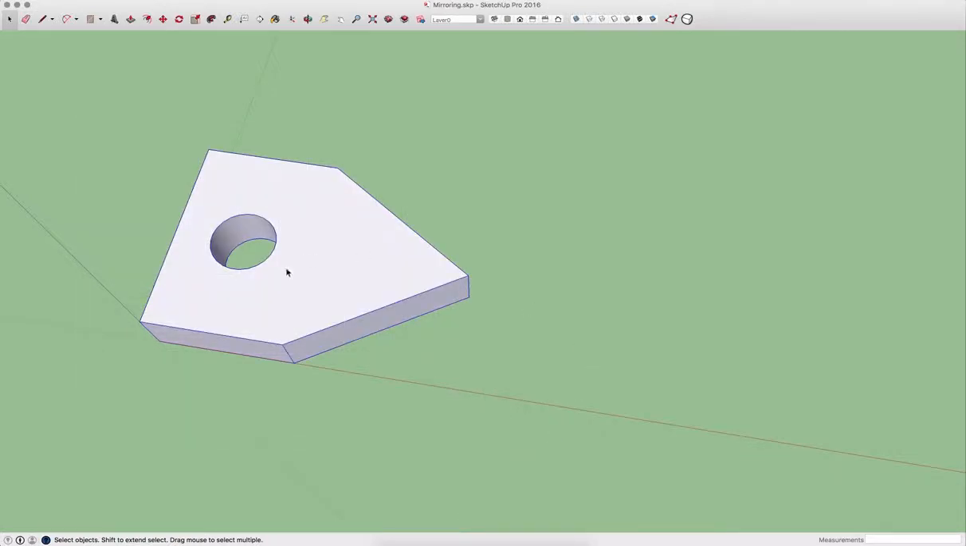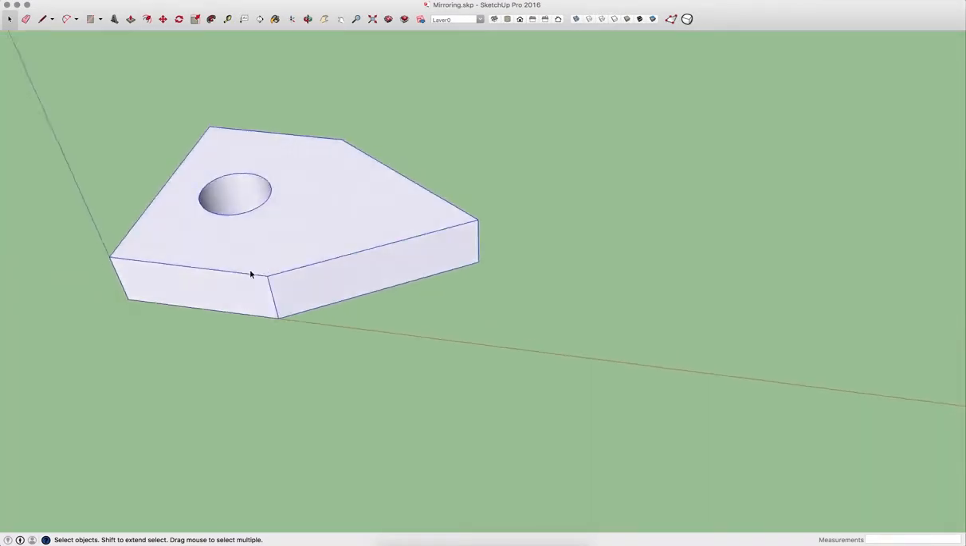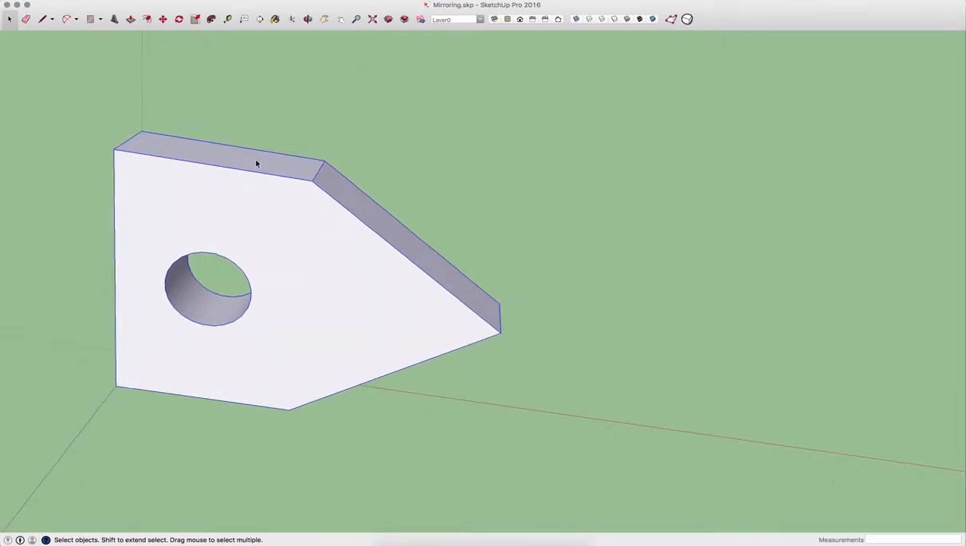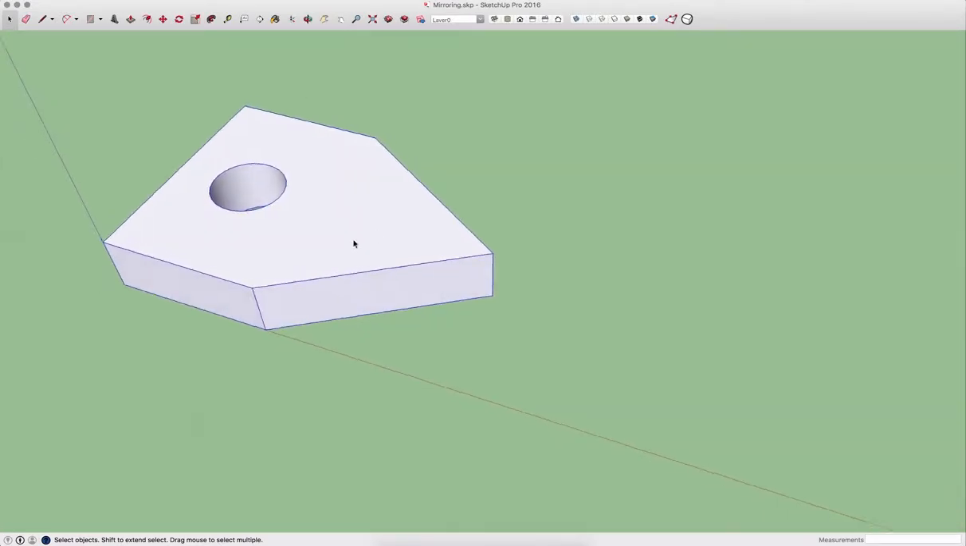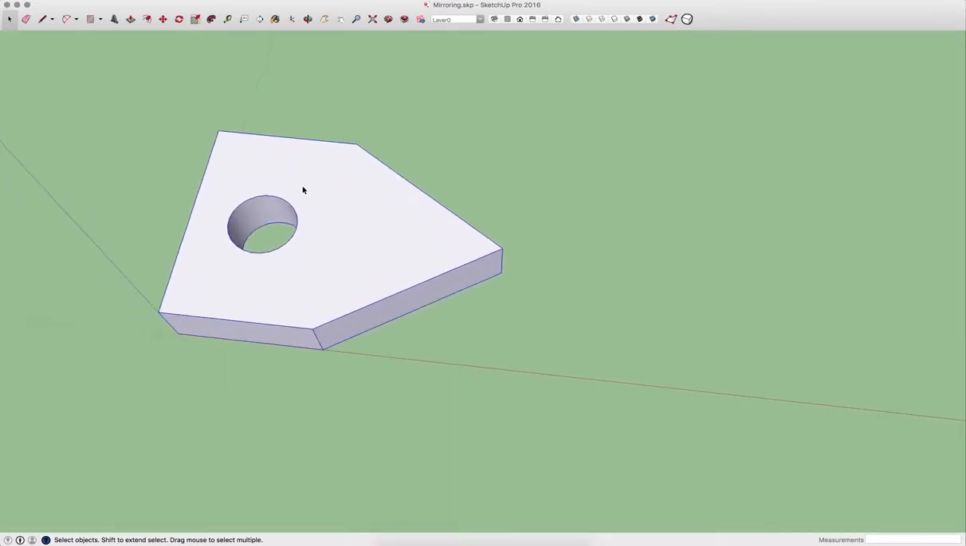This is symmetrical geometry. So I look at this geometry, the top and bottom sides are the same. This section right here along the red axis and this section right here are the same, but obviously this side and this side are quite a bit different. So if I wanted to take that and mirror it so that the arrow is basically pointing the other direction,